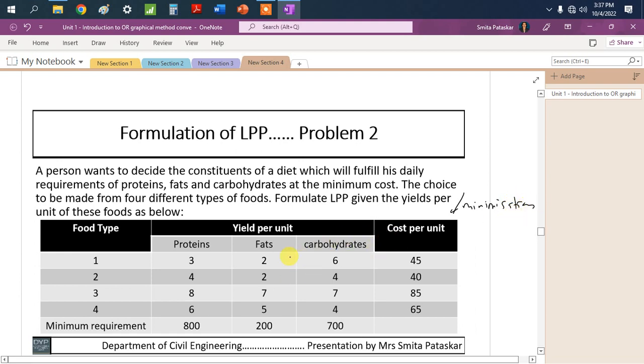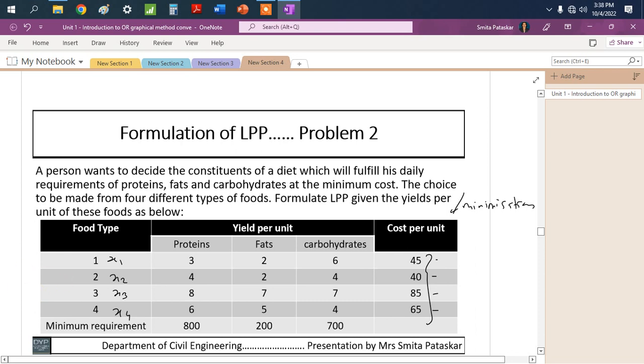And then if we give the food types as x1, x2, x3 and x4, your objective function will be minimization of the cost, that will be equal to 45x1 plus 40x2 plus 85x3 plus 65x4,